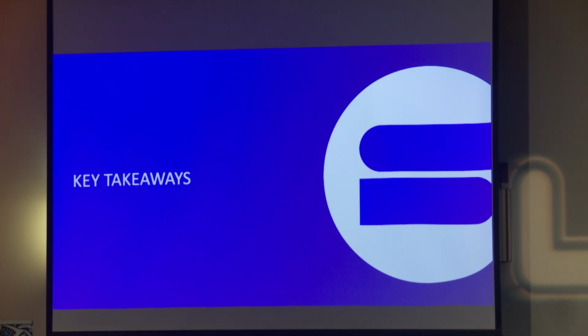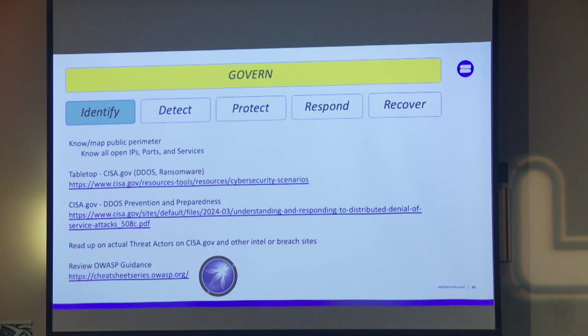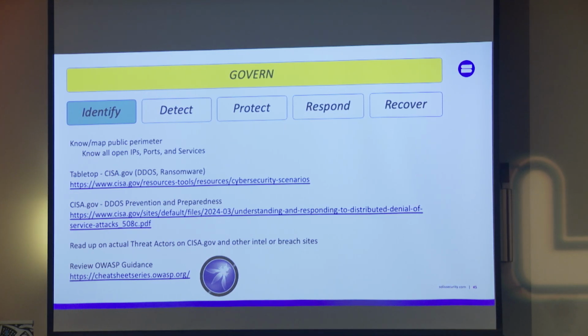Key takeaways, I'll put these in NIST CSF perspective. Identify and map your perimeter. Know what they're going to hit in advance. What's out there? How do we protect those ports and services, right? And tabletop. CISA.gov has got amazing tabletops that they've made from real life things that have happened to large organizations. And they're good. They're normally 1 or 2 day events. You can do like 2 hours and 2 hours, and you're probably done with half of them, but they're fun.